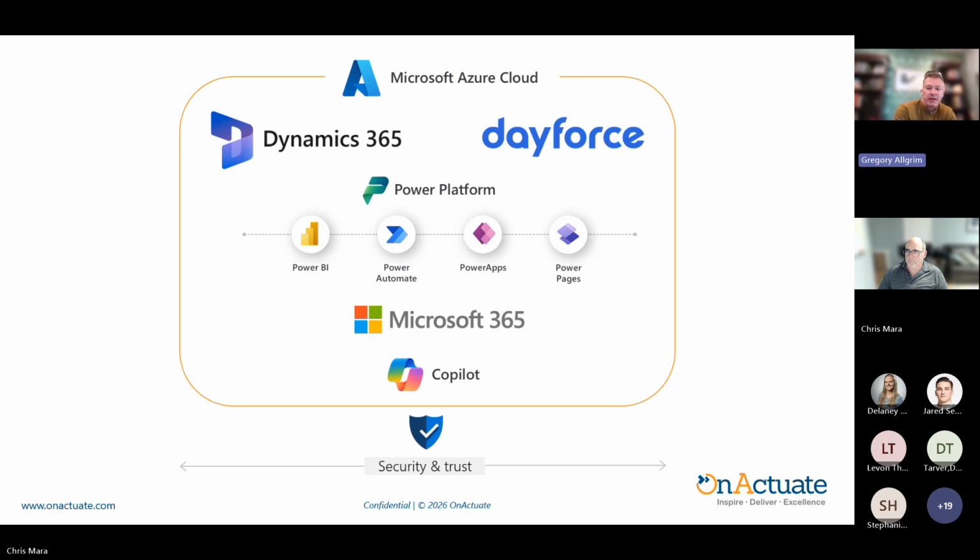We have the two big names up top: Dynamics 365, which we talked about. Project Operations is part of that family. There's also the financials, the ERP application, and the CRM application, which can be molded into lots of different things for local government, and also the Power Platform. So those are really Microsoft's flagship business applications.